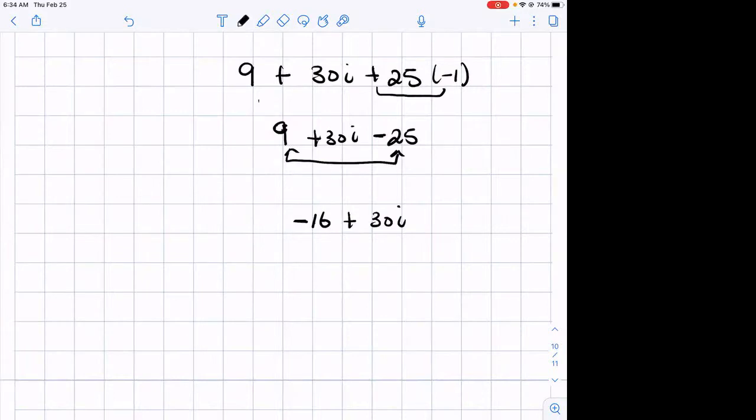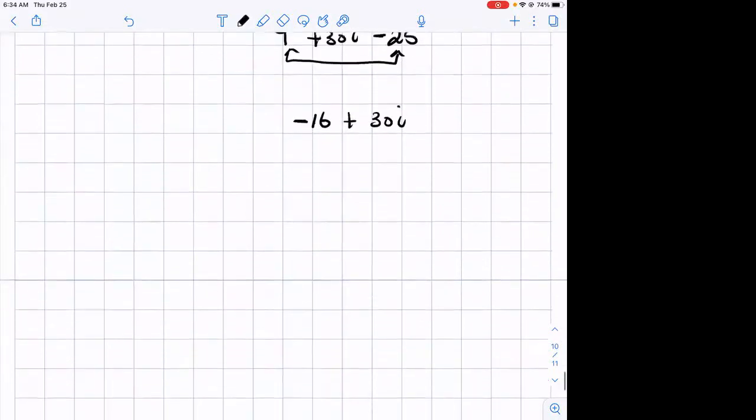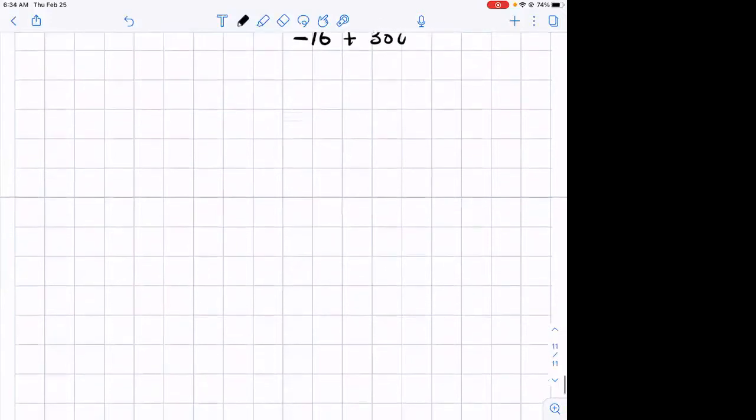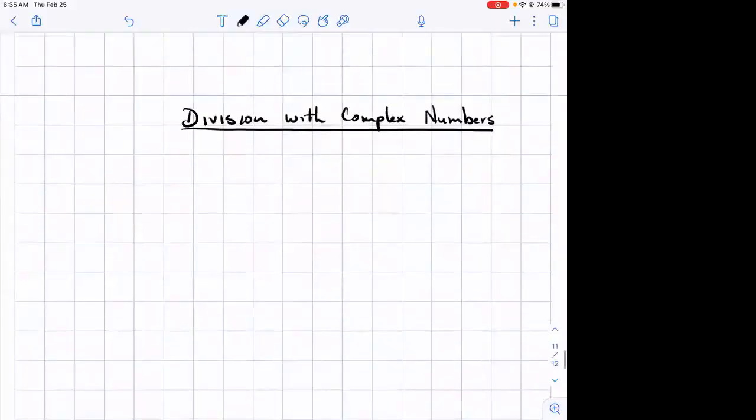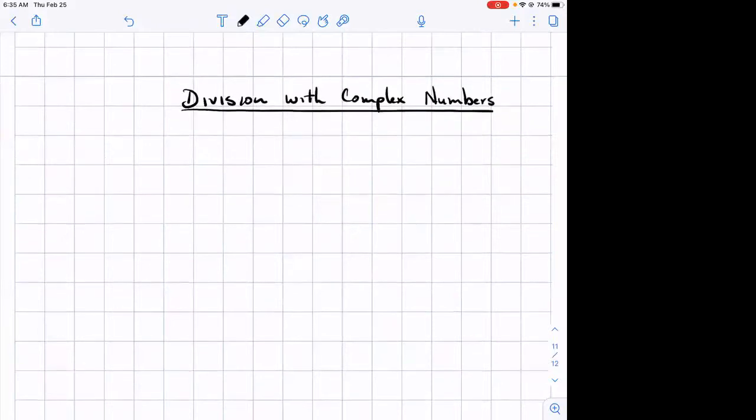Multiplication is very, very similar. Now, the whole idea of division, the division process, is where we talk about writing in standard form. So let's look at division now. When we talk about division, we're really asking you to write this in standard form. So if I ask you to divide